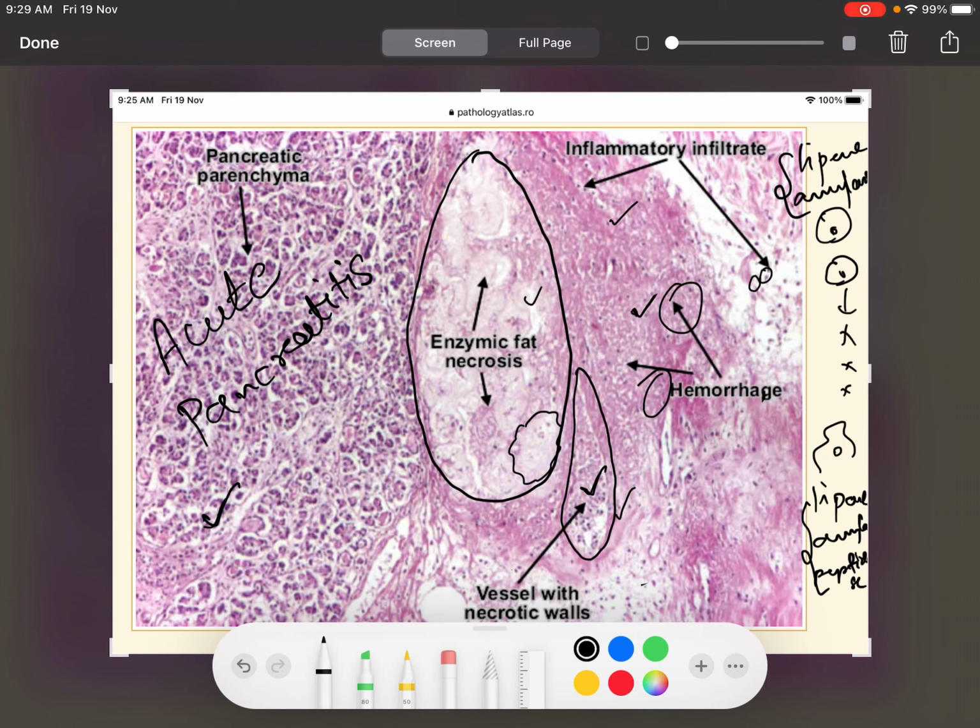We don't do biopsy in an acute pancreatitis patient, but this can be asked in pathology slides. Okay, so you should know this. Okay, this is a normal parenchyma, this is fat necrosis, the wall is damaged, because mostly what happens is, this is the normal vessel wall. You can see here there is no necrotic debris, but there is necrotic debris here. So this way you can diagnose. Okay, yeah, this is the necrotic debris. Okay, these are the inflammatory infiltrate. So yeah, that's all for this video.